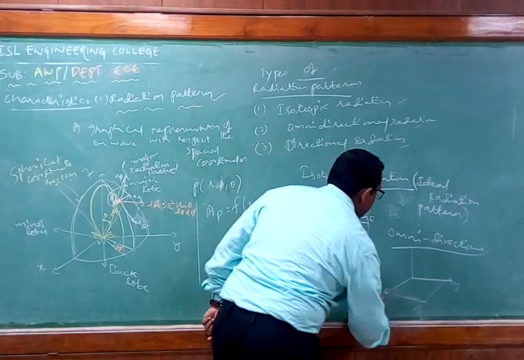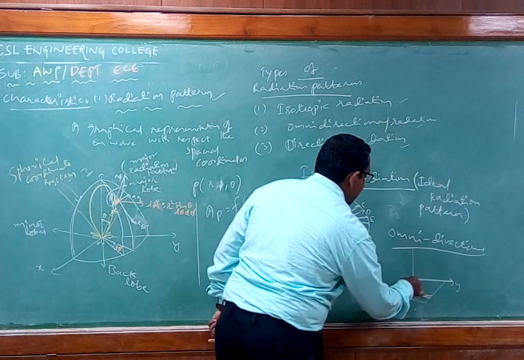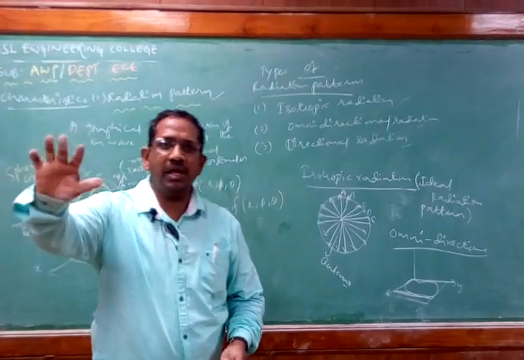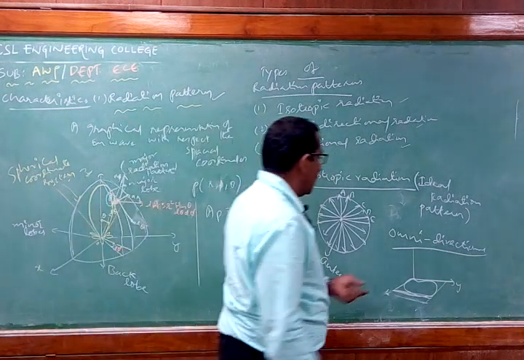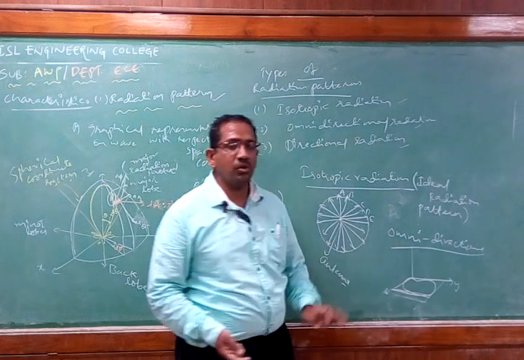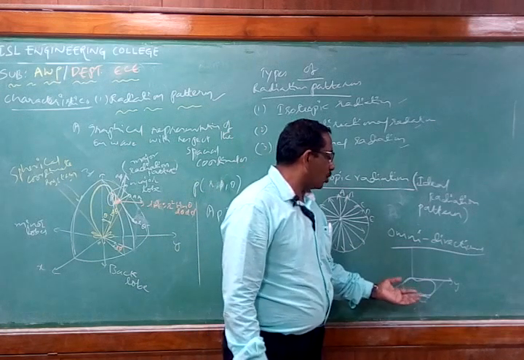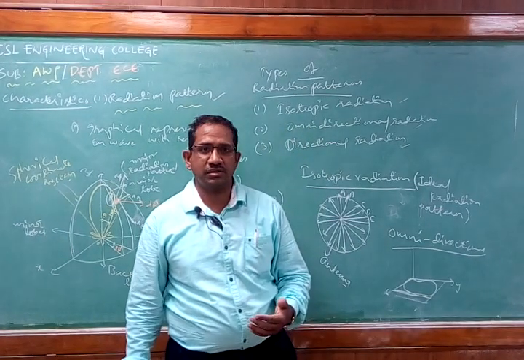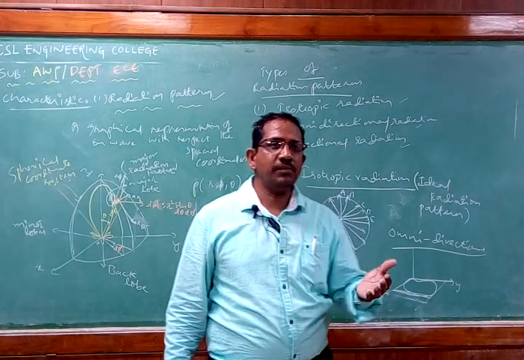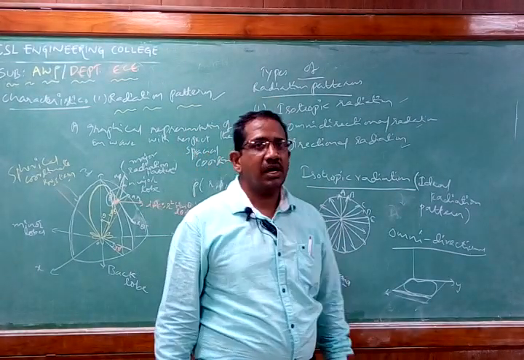This is a plane for x and y. Now on this plane, the antenna is normally going to have a radiation. That means if an antenna has radiation over the entire plane, it is called an omnidirectional antenna. It has a radiation pattern over the entire plane under consideration, non-directional in a particular region. It exists over the entire plane, and that is known as the omnidirectional antenna pattern.